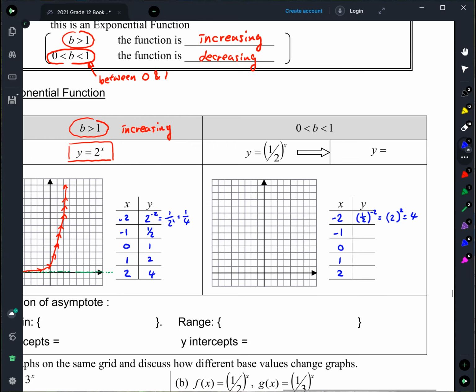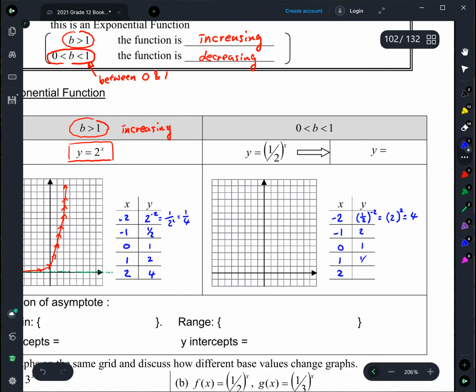Kellen, can I get your table of values for -1? What do you have? I got 2. Yeah. For 0, 1. Yeah. 1/2. Mm-hmm. 2, 1/4. Very good. Okay, thank you. So let's plot the points quickly. -2 goes up to 4. -1, 2, 0, 1,